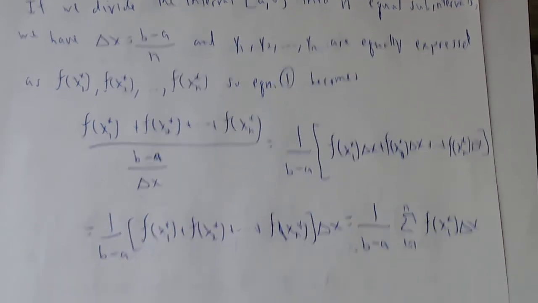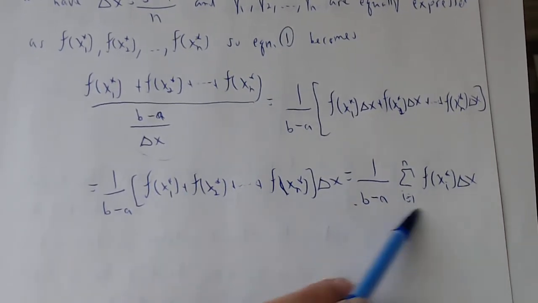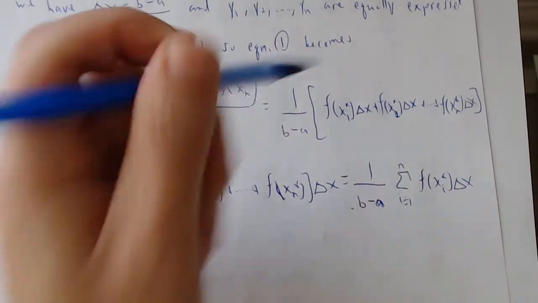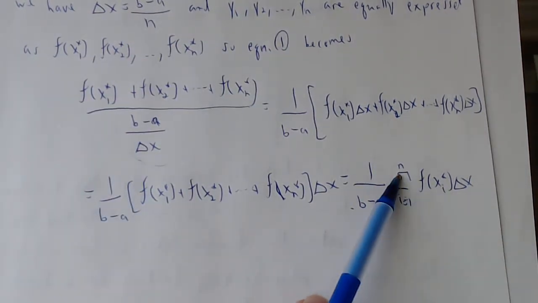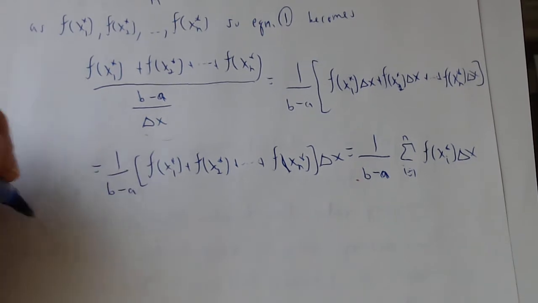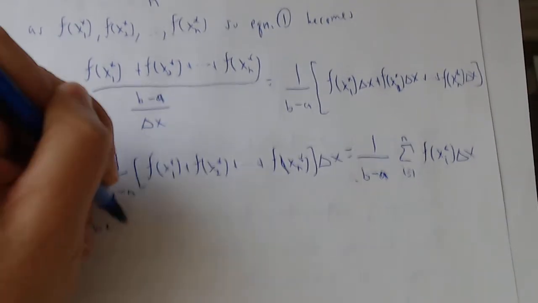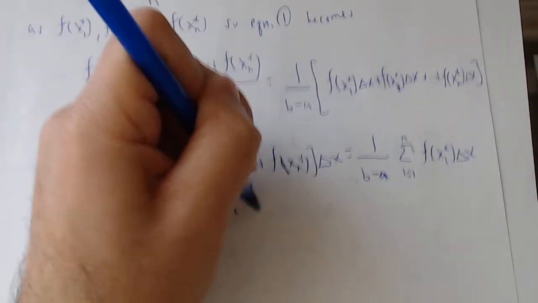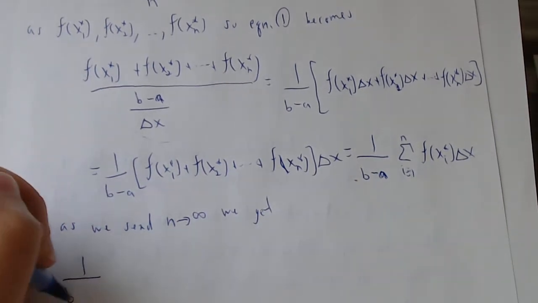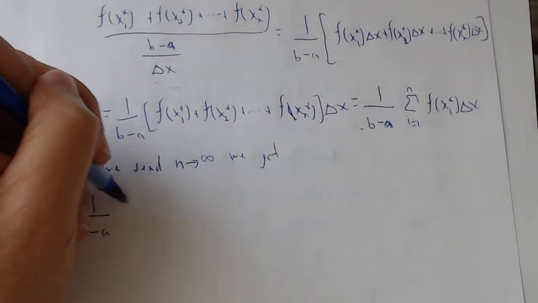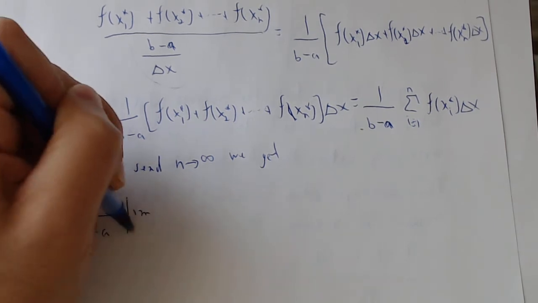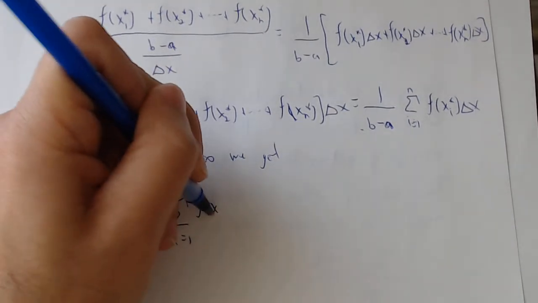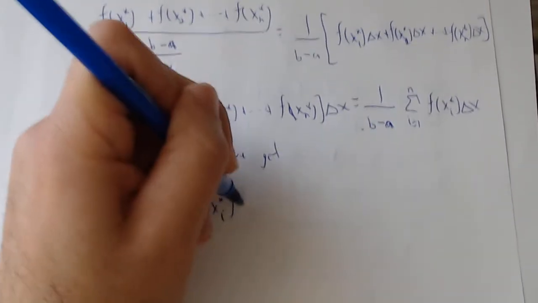Okay, so basically we can say, look, what is this? This is for the finite case, but what is it that we have? How many y values are we going to have? We're going to have infinitely many, so we're going to send n to infinity. So we're going to say, as we send n to infinity, we get 1 over b minus a, limit as n goes to infinity, summation i equals 1 to n of f of x sub i star times delta x,